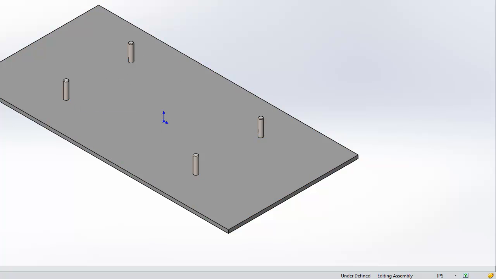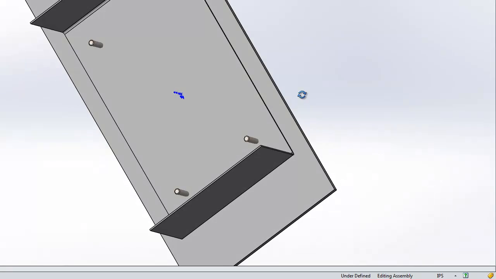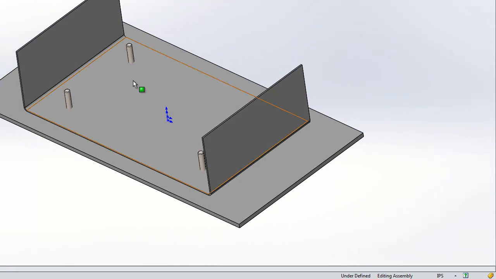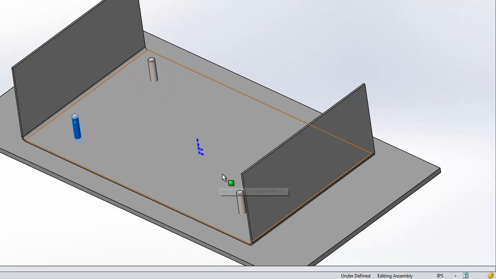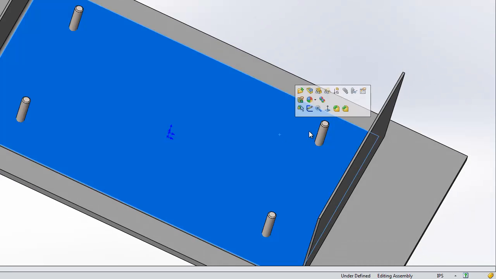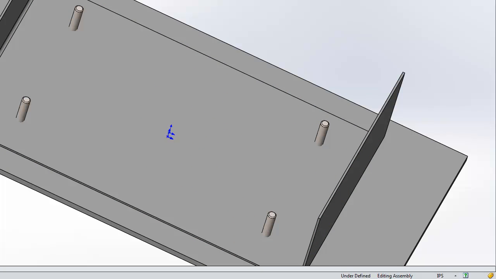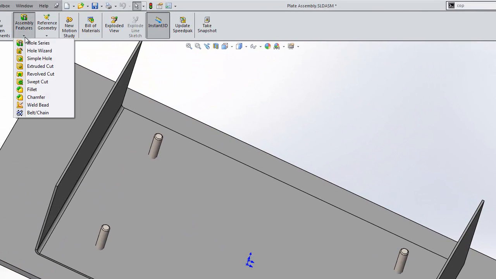So the first thing I want to do is put that sheet metal bracket into my assembly. I've already placed it in here and I haven't mated it accordingly. What you'll notice is these 4 studs are coming up through the sheet metal bracket. In the sheet metal bracket there should be 4 holes that correspond to the spacing of these studs. To achieve that, we're going to create an assembly feature called an assembly extrude